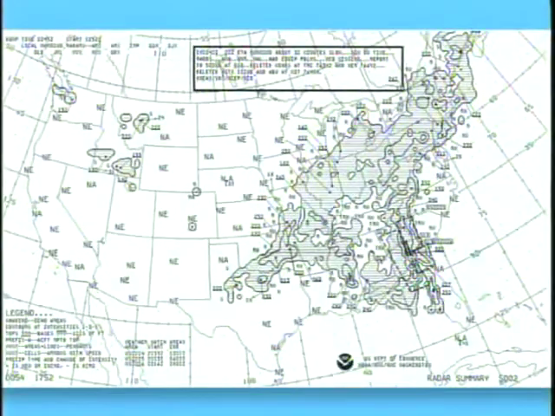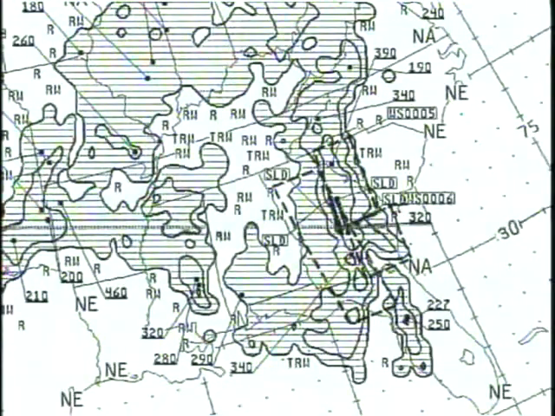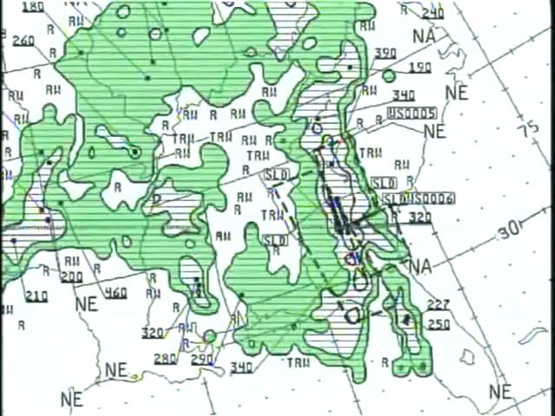Radar summary charts are developed by using reflected radar energy or echoes of the precipitation areas. The more severe the precipitation, the stronger the echo. Each radar observation station is then combined into one hourly map. The strength of the echo returns is shown by solid lines surrounding shaded areas. The outermost line indicates precipitation that is light to moderate. A second line within the echo depicts heavy to very heavy precipitation, while a third line shows where intense to